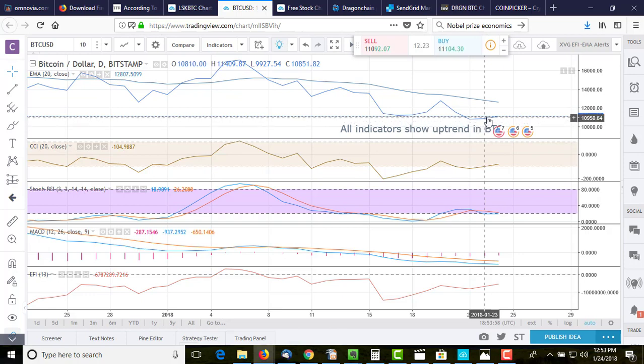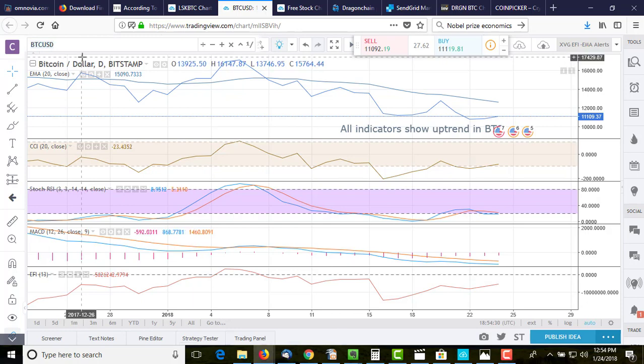Okay. This appears to be moving up in the day. CCI close is moving up in a bounce, and stochastic RSI is at a down level, but it could regain. This one is oriented towards higher. MACD is down, and in EFI we're regaining. We're going in a positive direction, but sellers are still in control. So there is a bit of an upward bias to BTC, but not a super strong one.